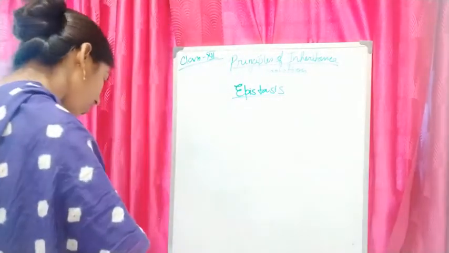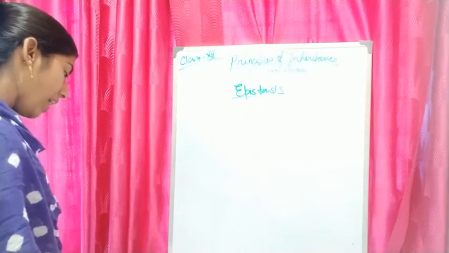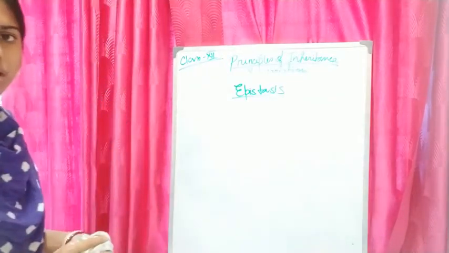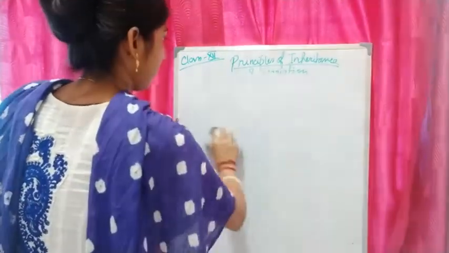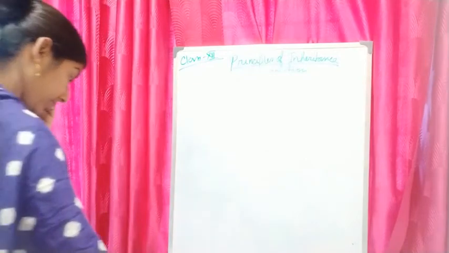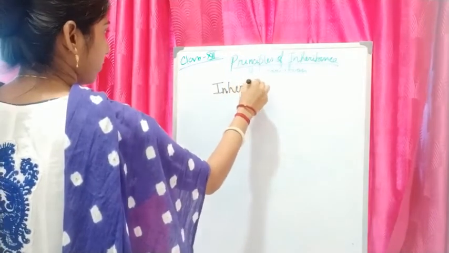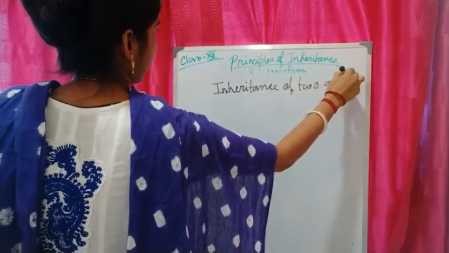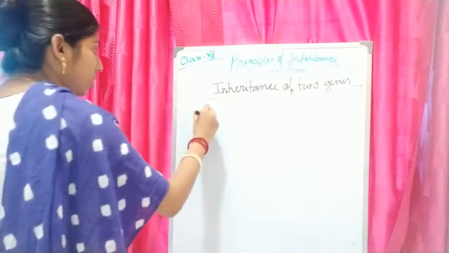Now only one part is left, that is the dihybrid cross. The dihybrid cross part is left. Now I will discuss the dihybrid cross. Inheritance of two genes. So what Mendel did, Mendel took round and yellow